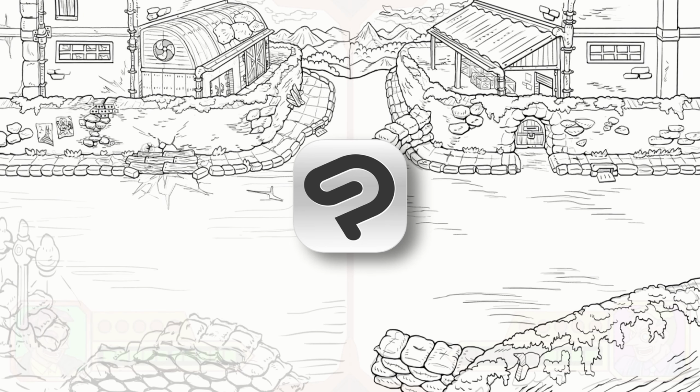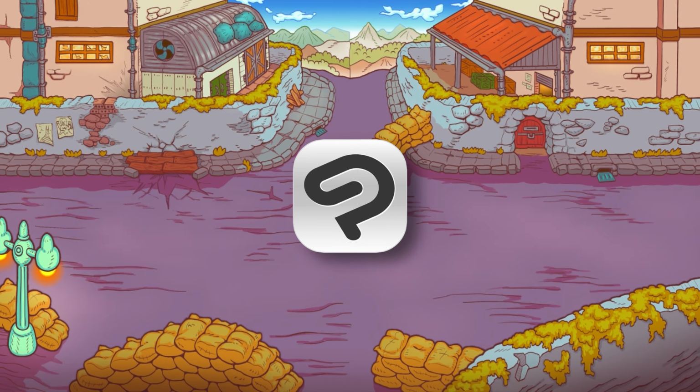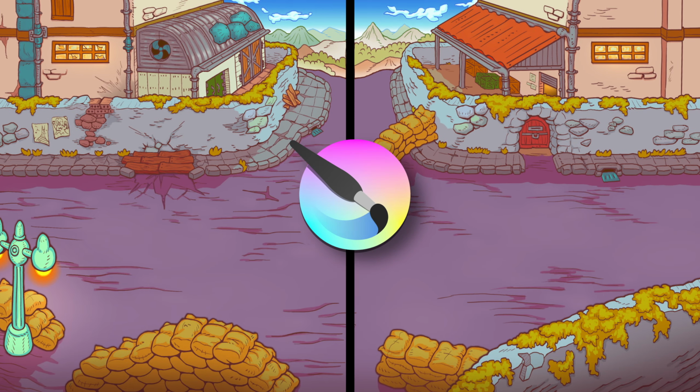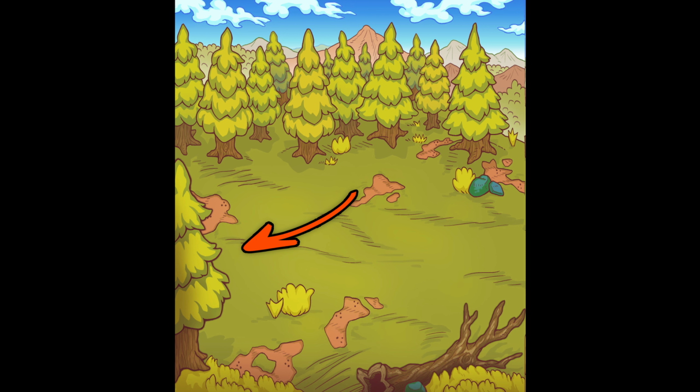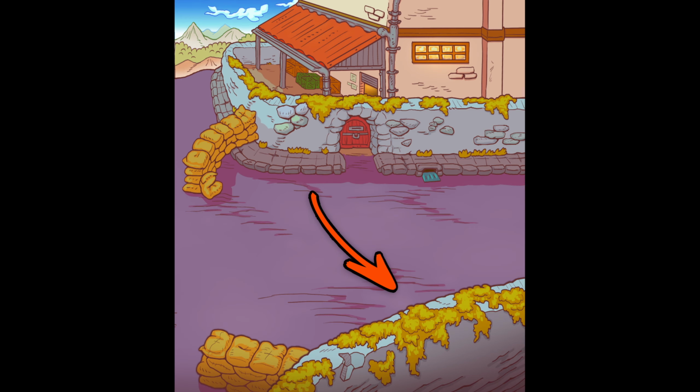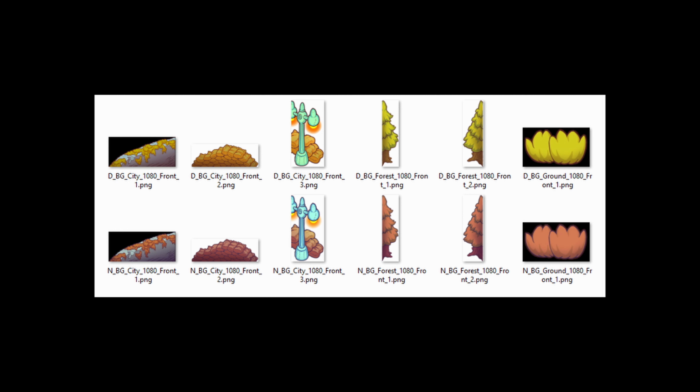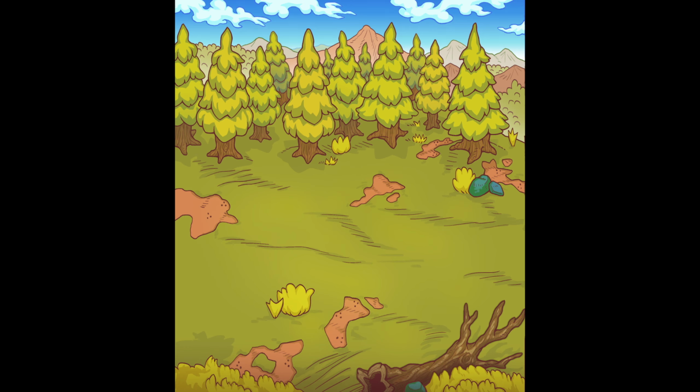Made the whole thing in Clip Studio Paint, and then exported the whole backgrounds and cut them in half in Krita. If you paid attention, you might have seen there's some trees or walls that should be in front of everything, so also exported each of them. The backgrounds themselves don't have these foreground elements, so they're not duplicated, because then the transitions would look strange.